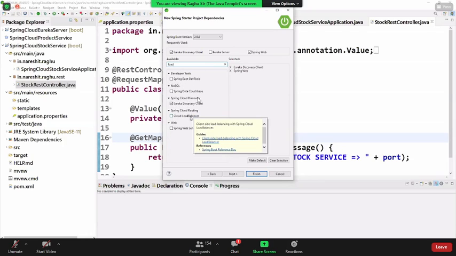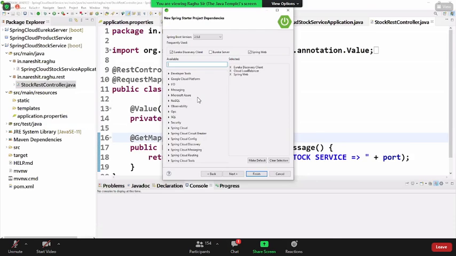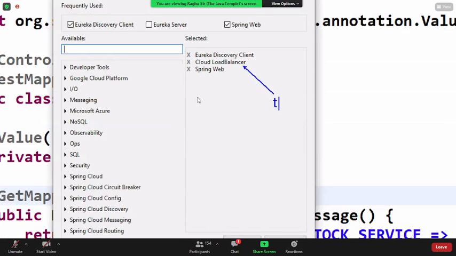Cloud load balancer, to use load balancer client.